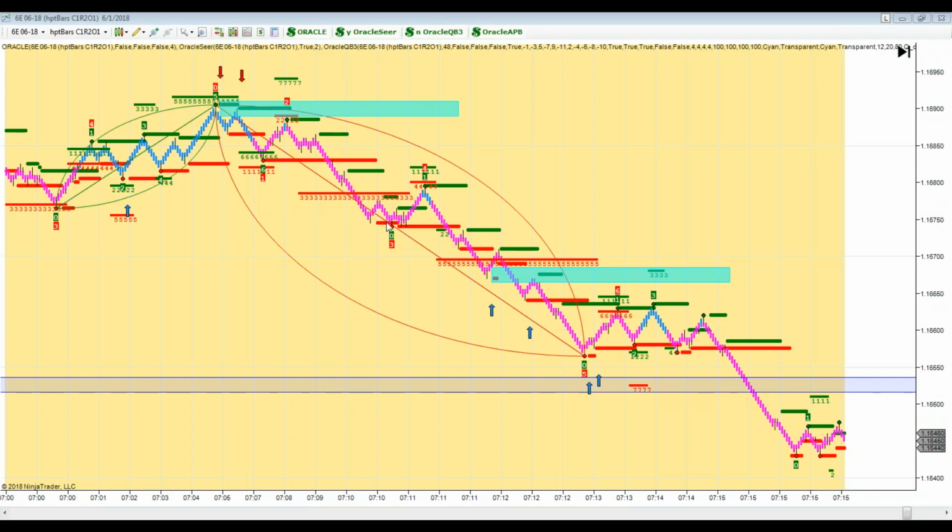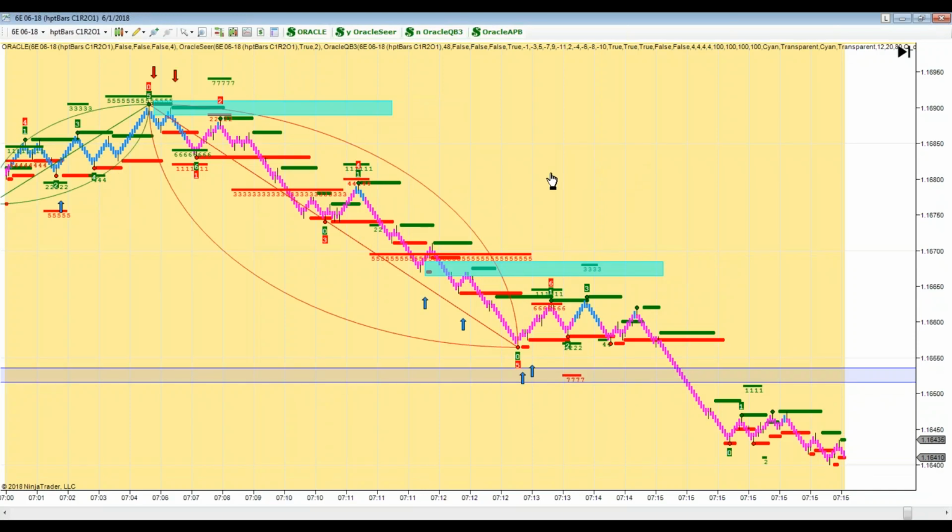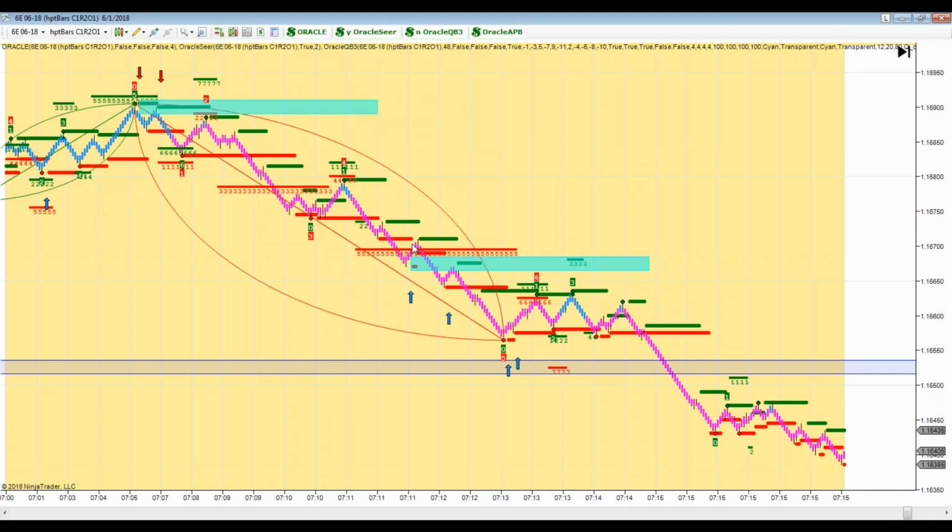So then we continued down, and we actually were able to complete at least a wave 5 on the down move. Just as I showed in the previous examples, this was the purported long entry here. Didn't amount to anything. You had your cyan band here. As we came through the cyan band, the entry was short. Now in this example as well, I didn't get to point this out because it didn't happen prior to that, but once it's in a short position,